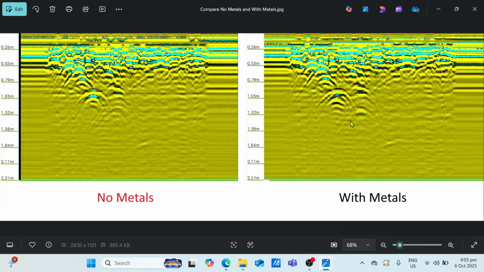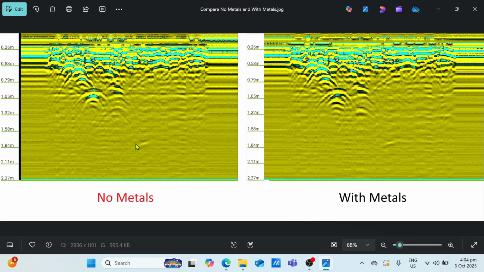Compared if with metals, we have a higher contrast. So take note of the dark spot. So for no metals, low contrast, and if with metals, we have a dark spot.